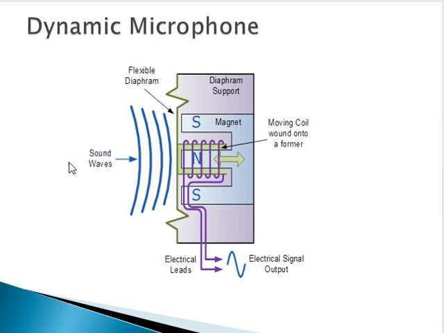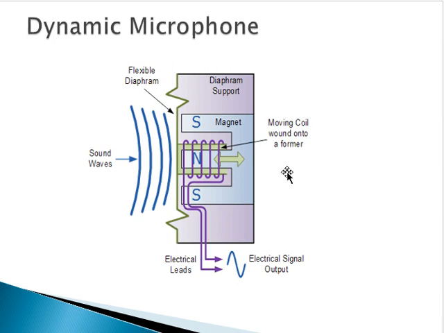So whenever we are speaking, what will happen? Due to our voice signal, this diaphragm will move, and due to this the coil is moving towards this direction or this direction. And we know Faraday's law of electromagnetic induction, or you may have clear concepts of electromagnetics, which we have studied in 11th, 12th physics, or maybe in first year.